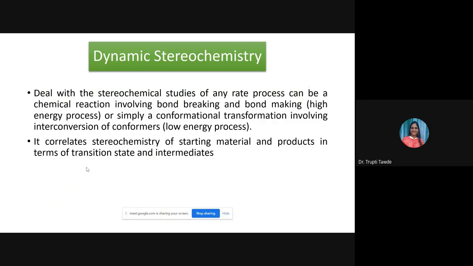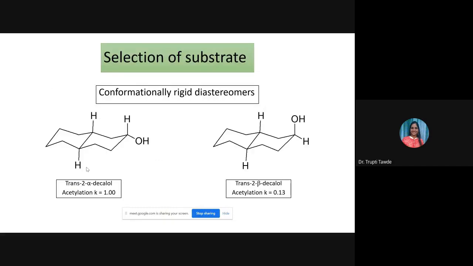to select the starting material. As I said, in dynamic stereochemistry we are going to relate the stereochemistry of the starting material with the product. We are going to talk about the rate of reaction difference between the two different reactants, conformational isomers. So we should be very sure about our starting material. If I've started with axial, I should end up with the axial only. That means throughout, that conformation should not change, and therefore the topic called the selection of substrate is very